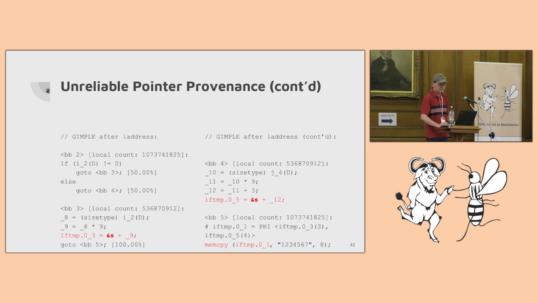The provenance is preserved. But after the ladder pass, those references get eliminated, and we end up with references that have a plus offset, and as of course the larger object is now what is referenced, we can no longer detect that the member object is being overflowed.